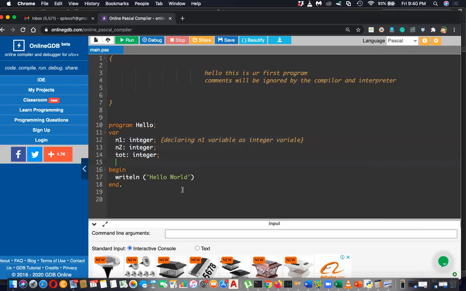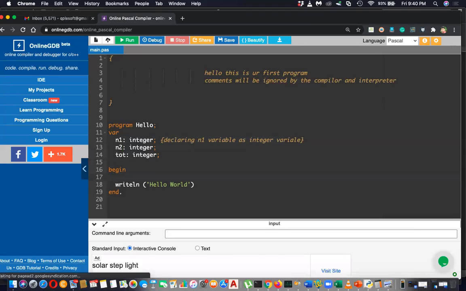So please do this quickly. In the beginning, at the same time, I'm going to assign some values. I'm going to put two spaces and write again: n1 colon equal 10, n2 colon equal 20, and total